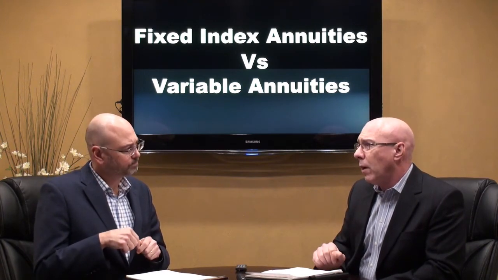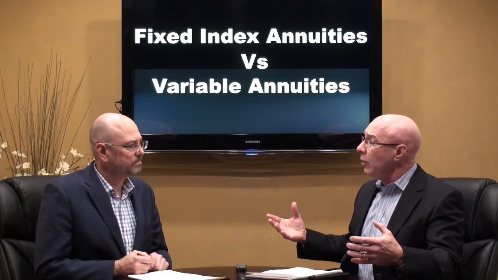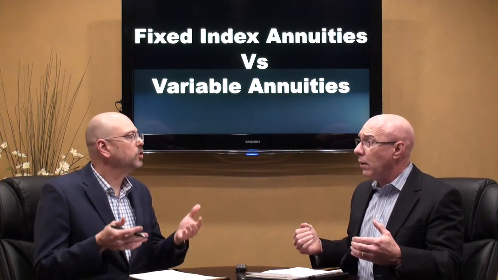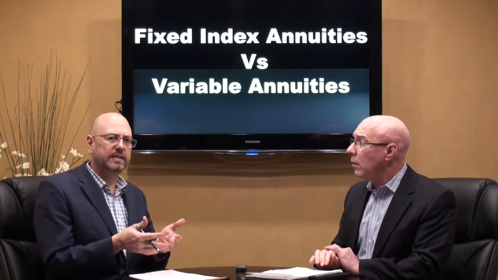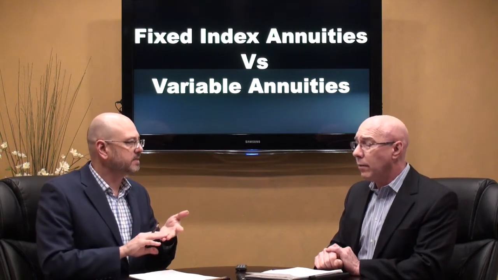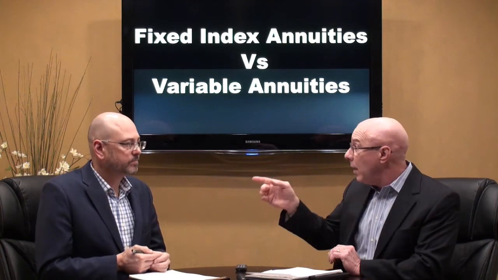Eric, we've extolled a little bit on the FIAs, the fixed indexed annuities, but the variable annuities have some reasons why people really do choose a variable annuity over a fixed indexed annuity, and we've already touched a little bit on some of this, but one of them is that upside. Well, and then there's no cap. A lot of times when you hear fixed indexed annuity, there's some aspect of limiting upside, whether it be the index itself, a cap or a participation rate, something that says, hey, you're not going to get 100% of the growth in this index. And the variable annuity doesn't do that, except for recently.